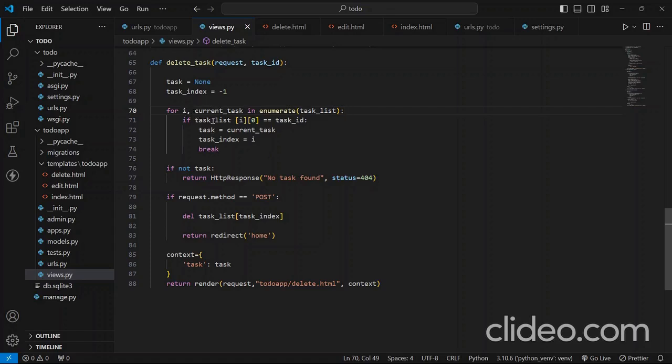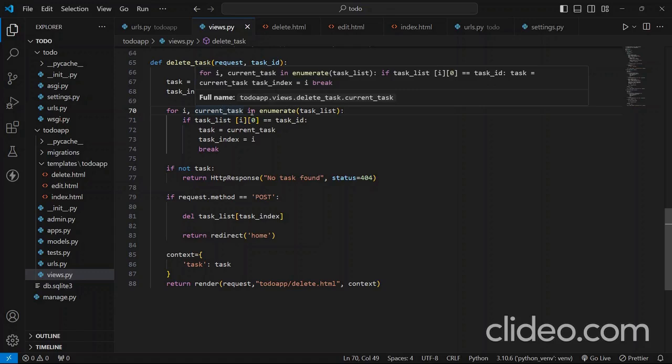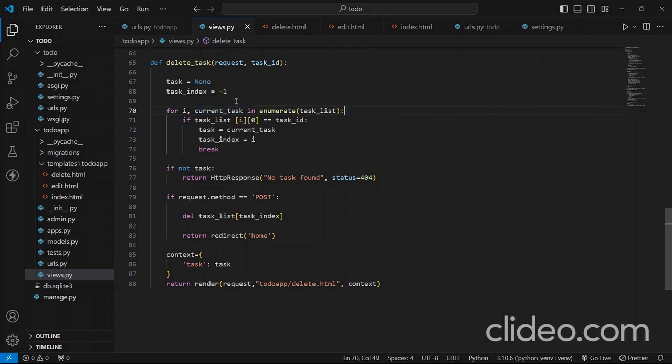This i represents the index of the current task, and the current task represents the current tuple from the task list. After that, I'm using a condition statement. With this I'm comparing the task id with the ids inside my list. And if it is true, then those tasks